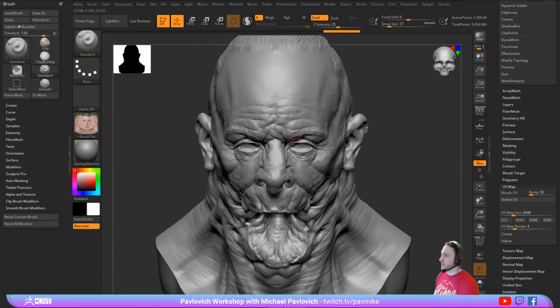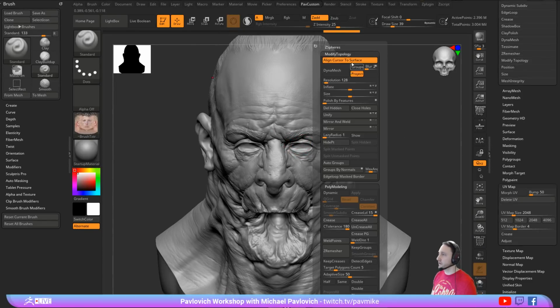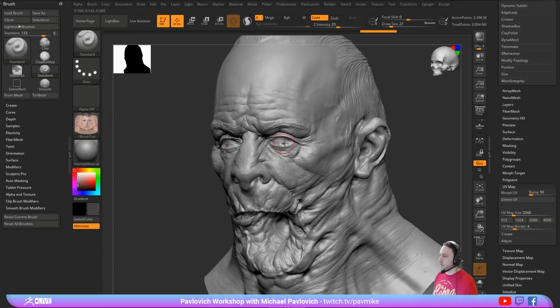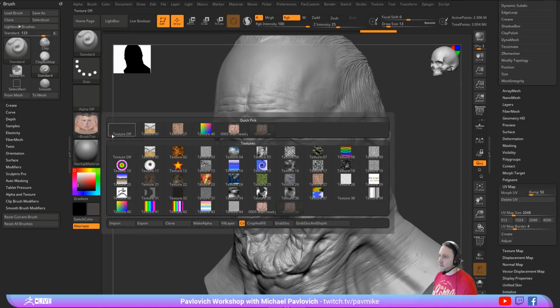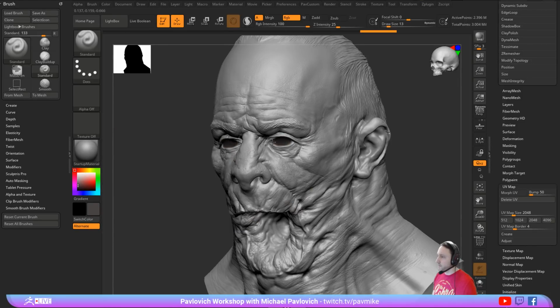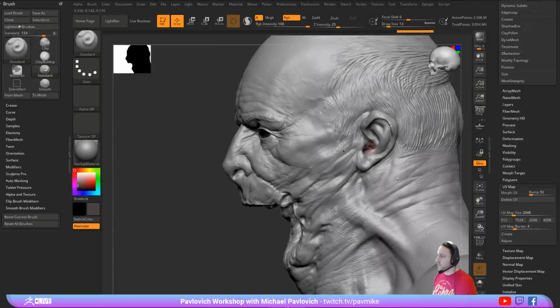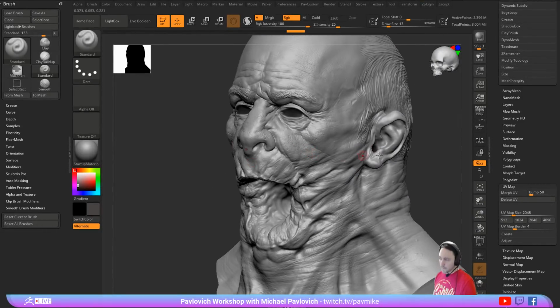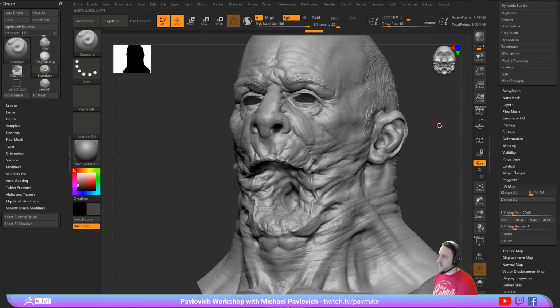So what I'm going to do is go in here. Let's turn on X symmetry, turn off align cursor to surface, and grab a little bit of a darker area, RGB turned on. Let's turn that texture off. There we go. So I'm just going to give myself indications of where the dark areas are. It's going to let me know where the, and this guy's face is totally busted,